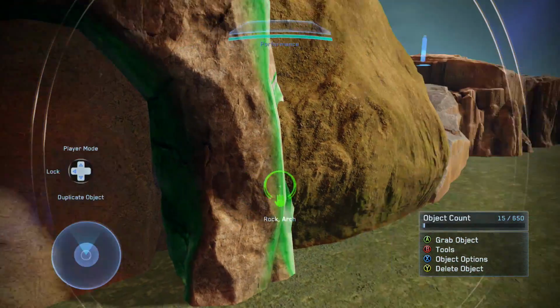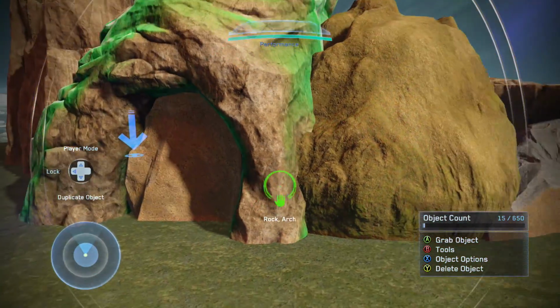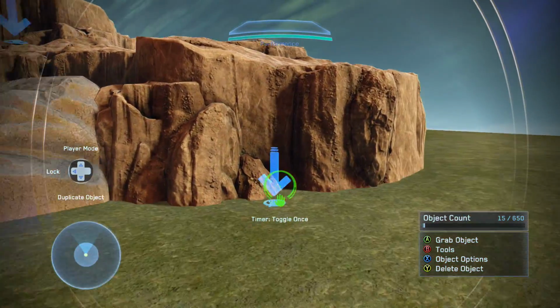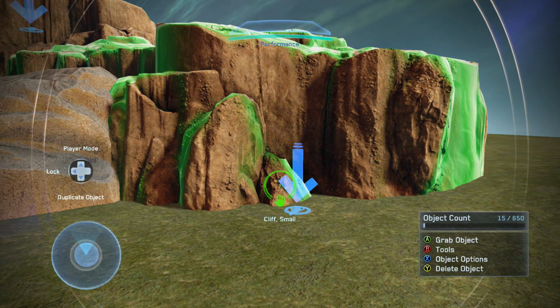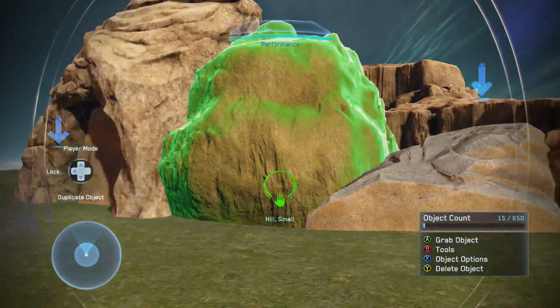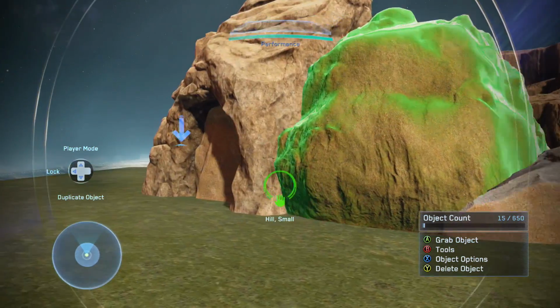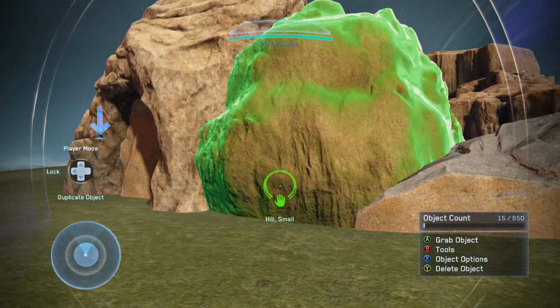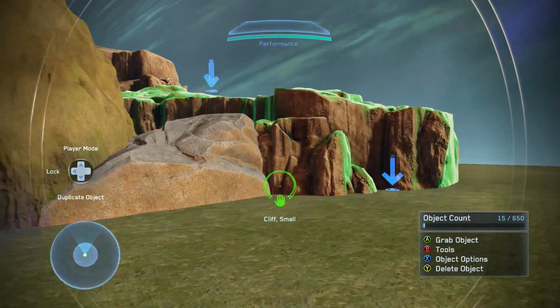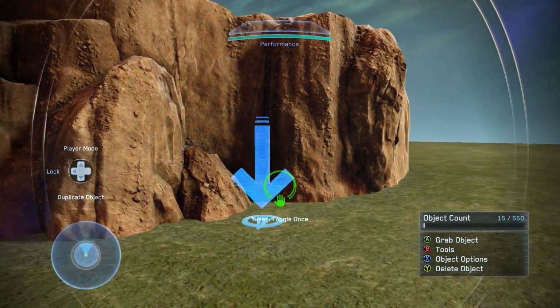Now this isn't enough to make it work. What we need to do is add another timer in that runs as soon as you start the game. This will run, and what it does is these rocks both appear or don't appear like at the start of the game. They work together for some reason. So what this one does is